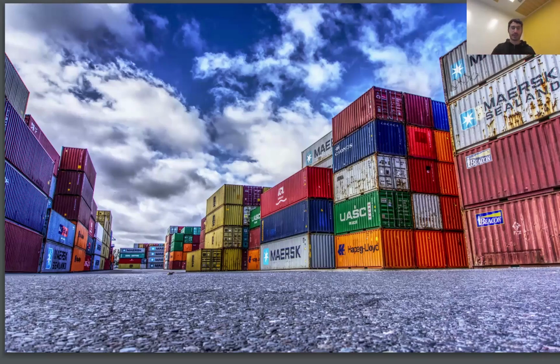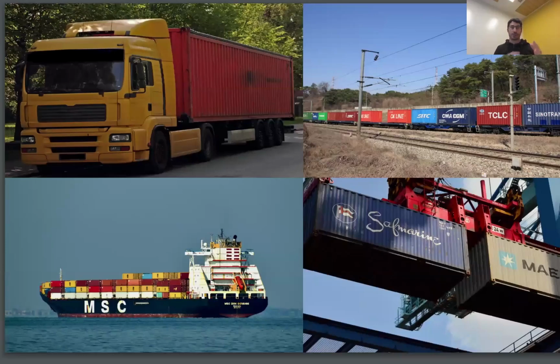So an example of this is the fact that if we have a physical container, we can do a lot of things with it. So for instance, we can put it on a lorry, we can put it on a train, we can put it on a ship, or we can have specialized infrastructure that is able to handle containers.